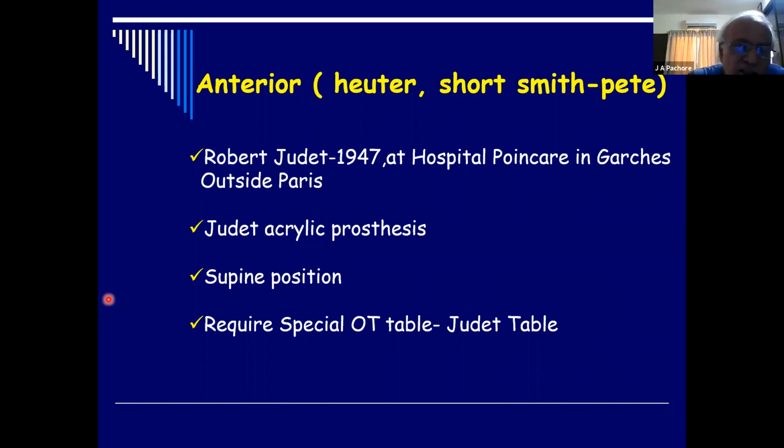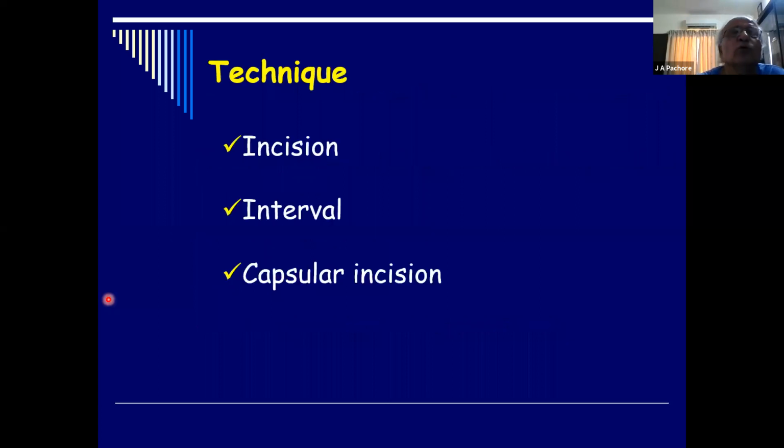But in the last 2 to 3 years, the surgeons have become bold, and now there are many surgeons who do not use this table. So this can be done on an ordinary supine table, but it requires an image intensifier, so it becomes a radiolucent table, because you need imaging inside. So my technique is incision, interval, capsular incision, which I'll tell you all the details: how the incision is, how to go inside, how to open the capsule, and how to go inside with the anterior